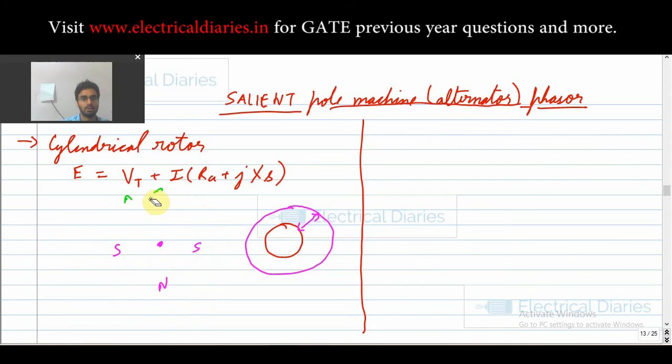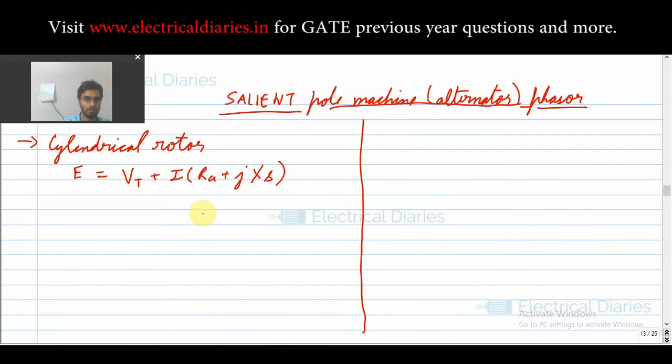Okay, see, I'm not going into very much detail, I'm just giving you a feel of what you should keep in your mind. It doesn't matter if you don't know it exactly in detail. Okay, so to compensate for that air gap in the salient rotor, what we do is we use your XAD and XAQ. Okay, just remember these expressions. Your XAD is equal to, okay, it's your XAD and XAQ.